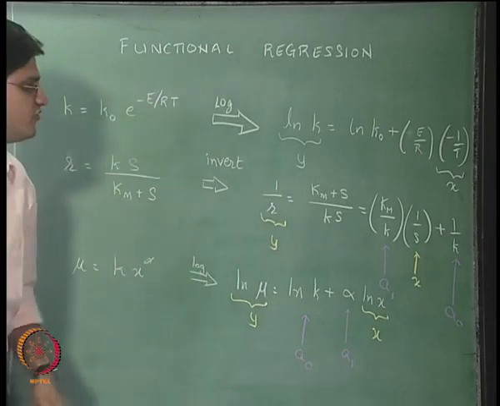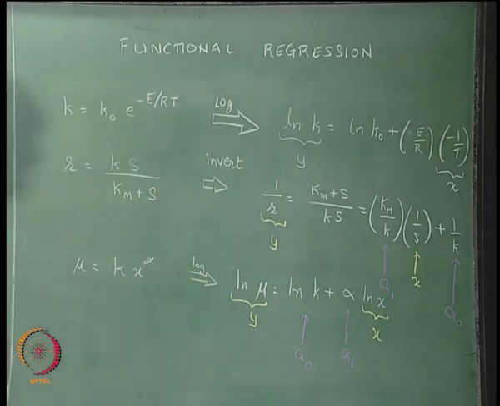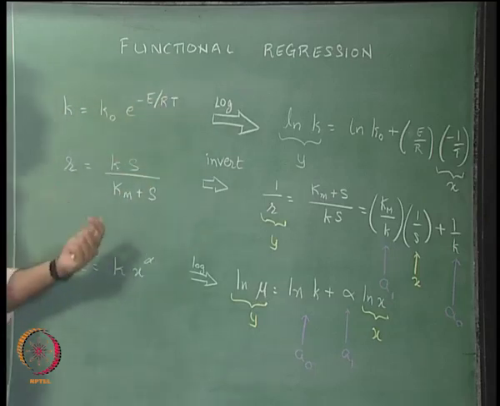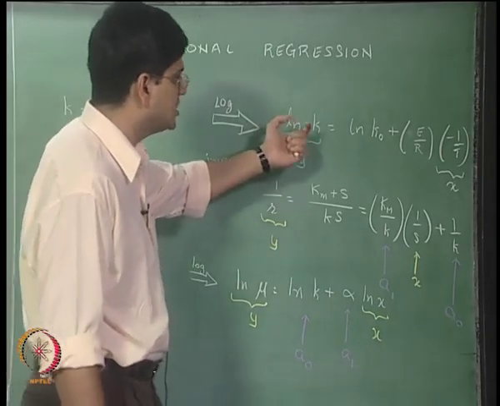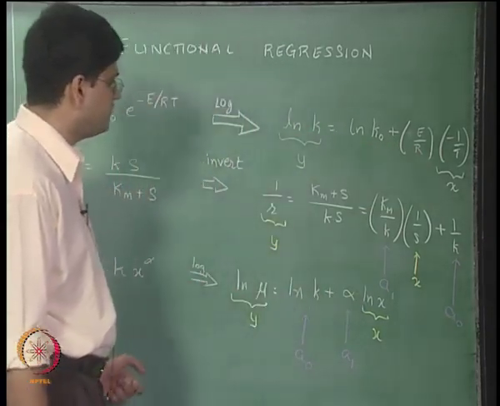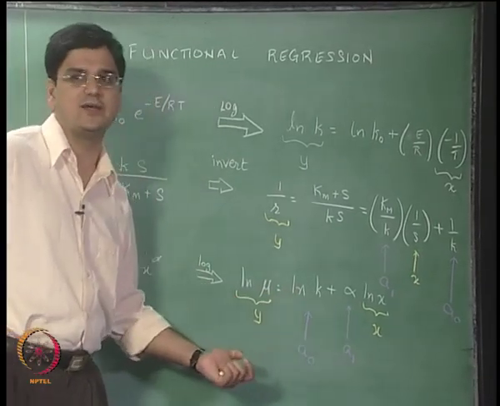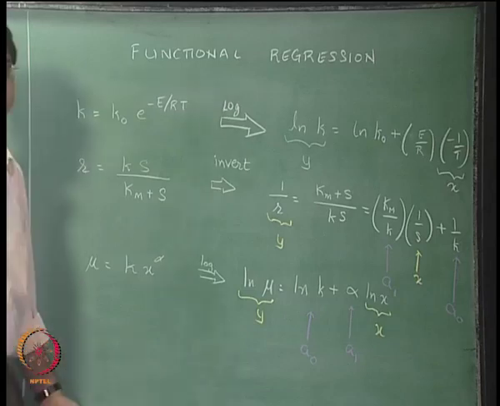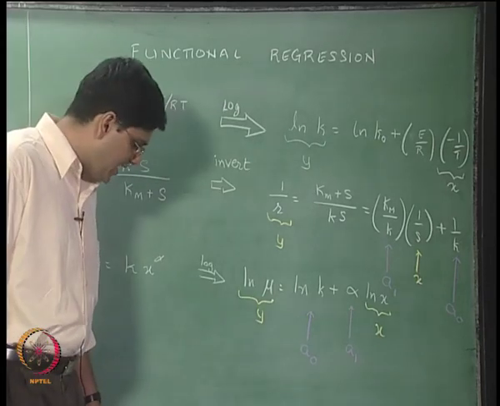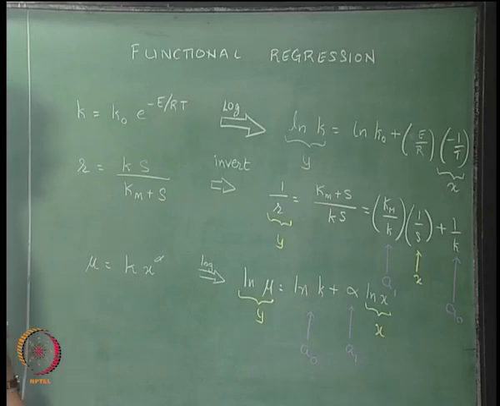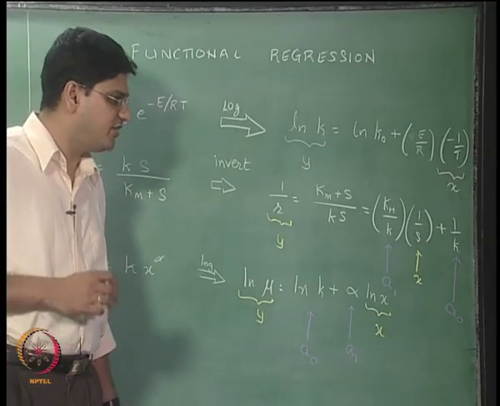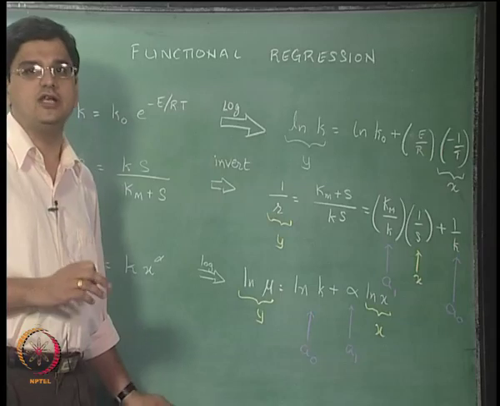So there are a lot of functions of interest to chemical engineers, especially they arise in rate expressions of various different forms, and under those conditions we can actually do some straightforward manipulation of those equations in order to get them in a functional form which would still be linear in the modified parameters, whereas it can be non-linear in x. Okay, x is the independent variable, and that is essentially a very important point when we talk about linear regression.